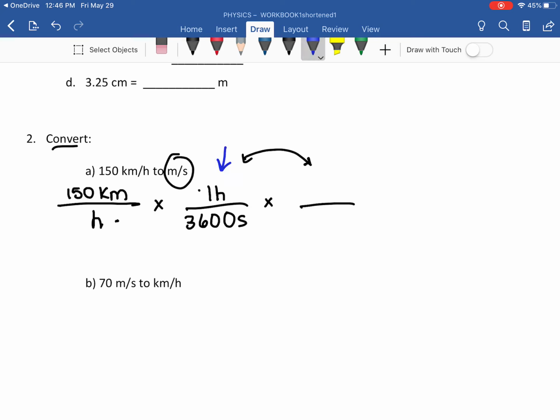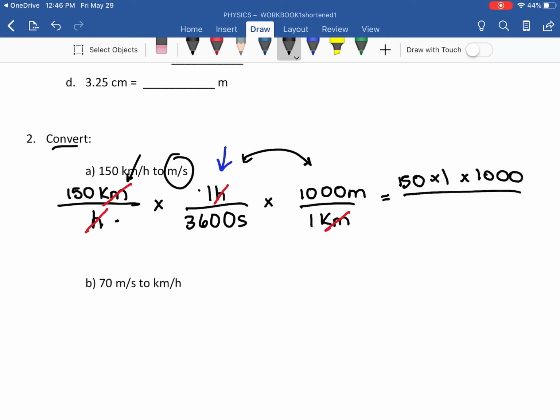Remember, this here is called a conversion factor, which means the top and the bottom are equivalent to each other, but they're just representing different units. Okay, that leaves me with kilometers. Kilometers now has to go on the bottom in order for it to be able to cancel, and there are 1,000 meters in a kilometer. So now any unit that was diagonal from each other can cancel, but remember, I'm only canceling the units, not the actual numbers. So that leaves me to go 150 times 1 times 1,000 divided by 1 times 3,600 times